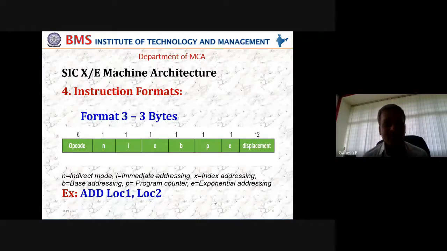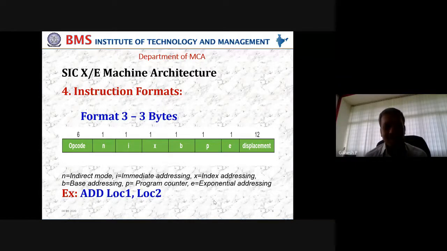So addressing modes, if you recall once again, we have direct addressing, indirect addressing, index addressing, register direct addressing, register indirect addressing, base relative addressing, PC relative addressing, auto increment addressing, auto decrement addressing, and immediate addressing. There are so many addressing modes which you might have studied as part of your computer organization. Nevertheless, you can recall them just to understand what they are from the SIC XE perspective as well.